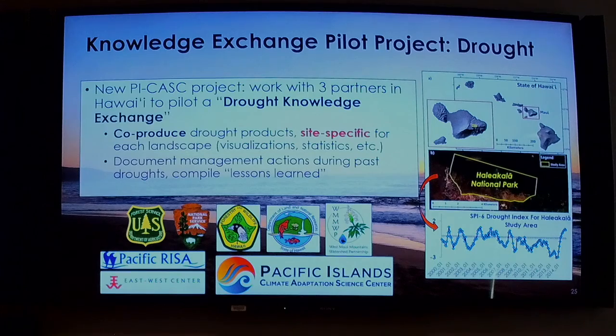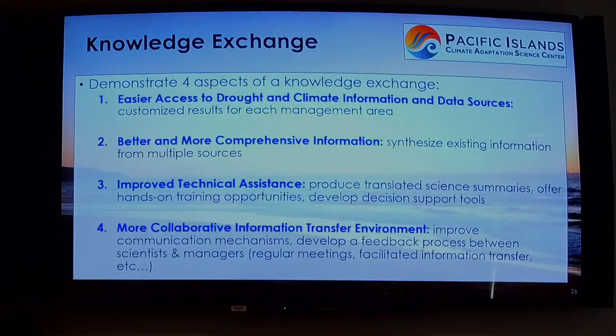So we work with them to co-produce different drought products, making very site-specific results for each landscape: visualizations, maps, statistics, depending on the needs of each resource manager, and documenting management actions during past droughts to try to compile lessons learned. So with this, we're demonstrating 4 different aspects of a knowledge exchange: easier access to drought and climate information